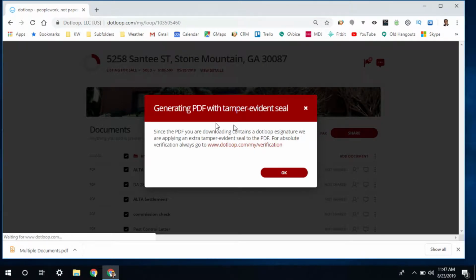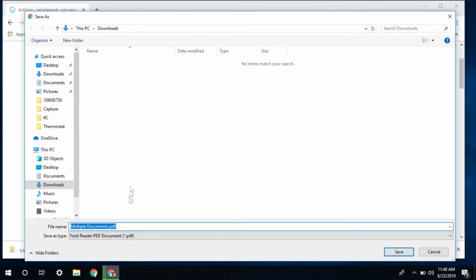I click the download, and it says, hey, we're going to make them super tamper resistant. Just click OK on that, and then it's going to ask, where would you like to download your files? Now this part is important because every one of your deals has different files. My suggestion is to find a subdirectory and create a new folder. I'm going to click one time on new folder, and I'm going to name this folder